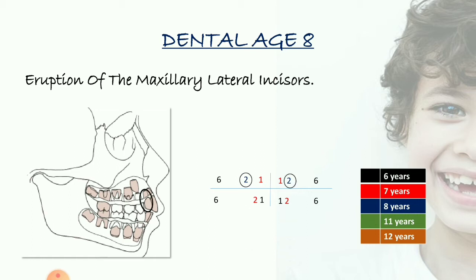So now if we observe at the age of 8 years what all teeth we have in the oral cavity, usually are incisors, maxillary as well as mandibular. So we have maxillary central as well as maxillary lateral incisors and mandibular central as well as mandibular lateral incisors, along with the maxillary first molars and mandibular first molars. So at the age of 8 years we have complete maxillary and mandibular incisors and maxillary and mandibular first molars.